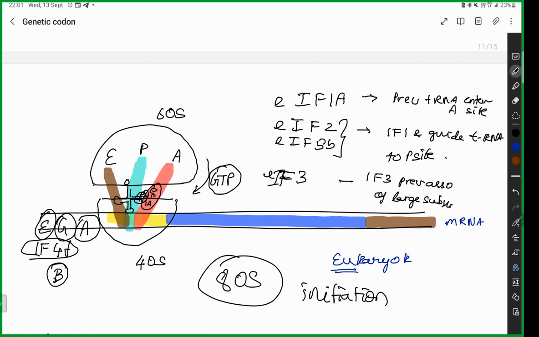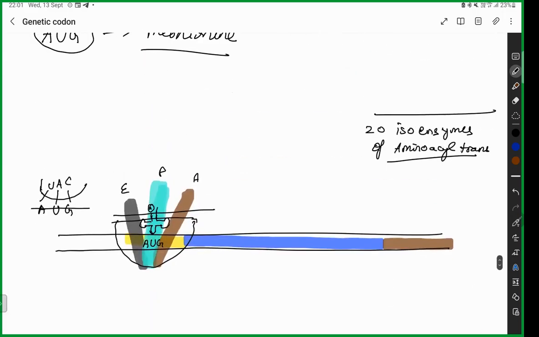Now the second work. You have this framework, isn't it? Now there is going to be another tRNA loaded with an amino acid. Now you have 20 different tRNA-loaded amino acids. All of them are going to come and check whether they are suitable for this. This is like a lock and key model. Everyone is going to see whether they are the key for the lock which is present as a codon. Out of the 20, one of them is going to code for the amino acid that is required in your protein.